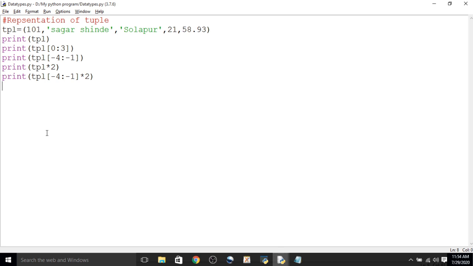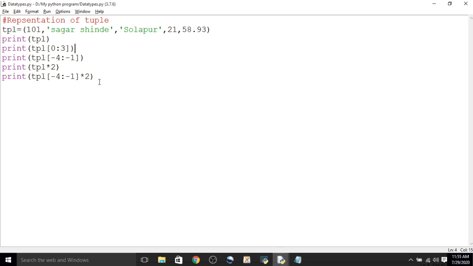We cannot insert, update or delete the elements inside a tuple. Tuples are written using parentheses separated by commas, while lists are written using square brackets separated by commas. This is the main difference between a list and a tuple.